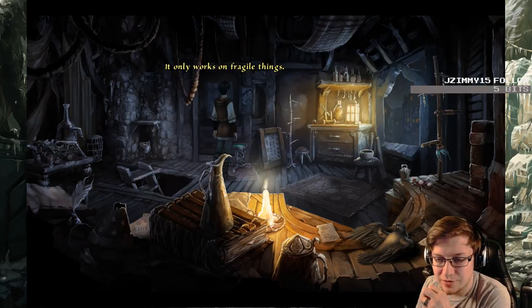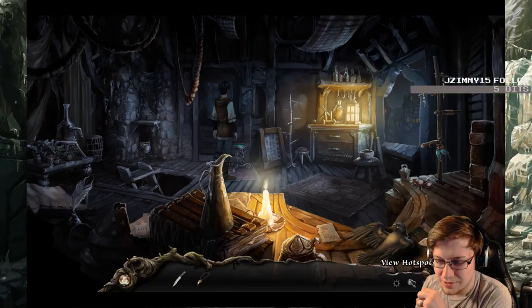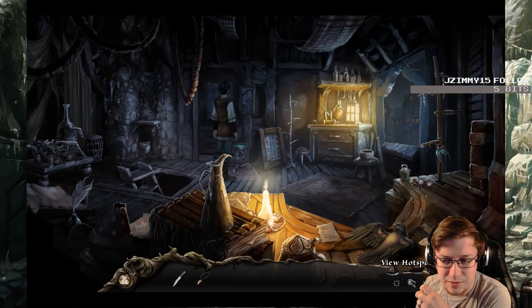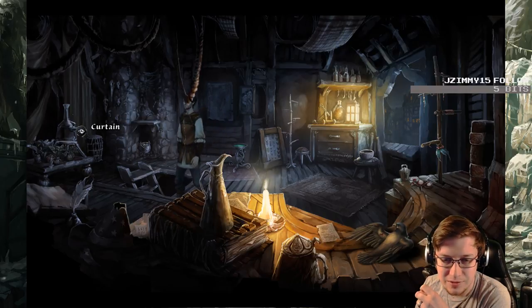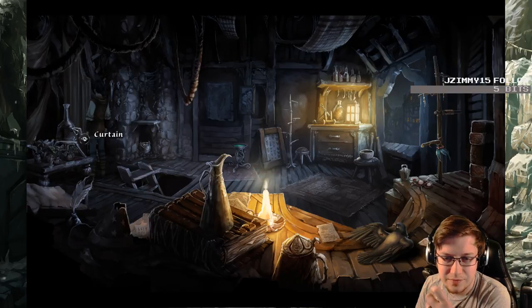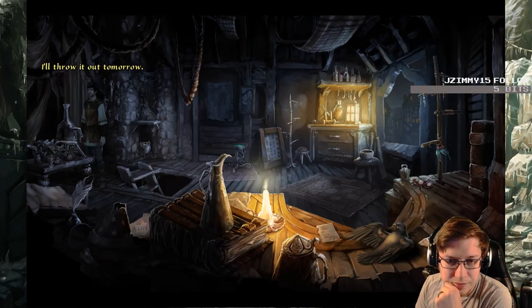Can I destroy it? It only works on fragile... No. So what can I pick up? Can I use the bird skull? We need to keep up. If I pull, I can bet... Useless on... I'll throw it...